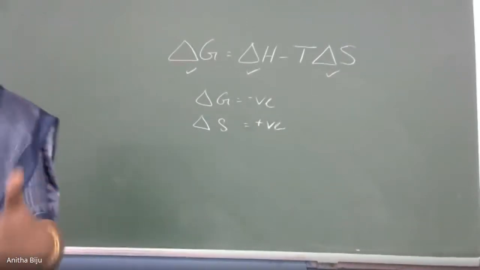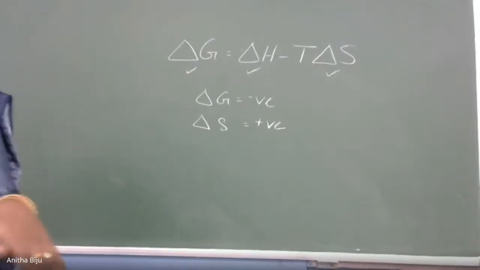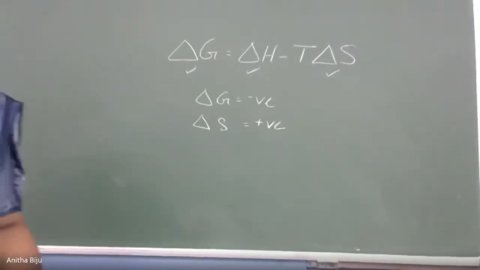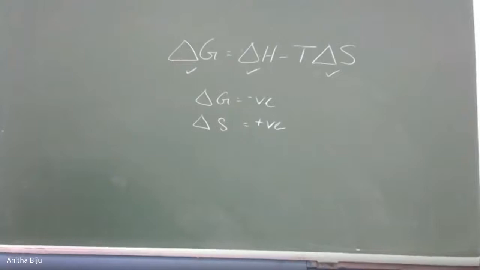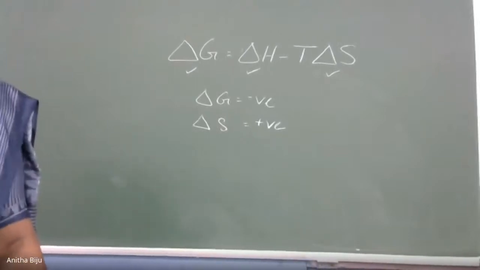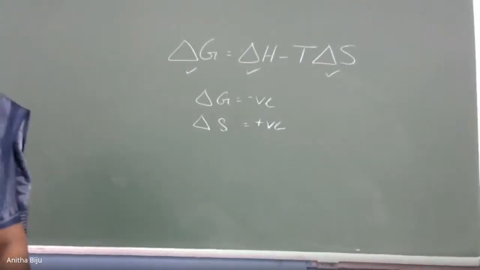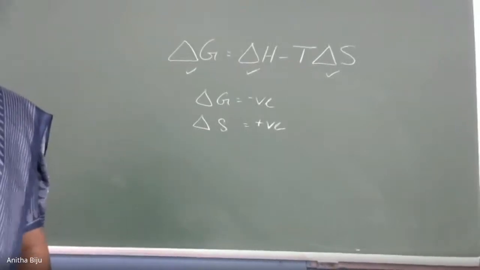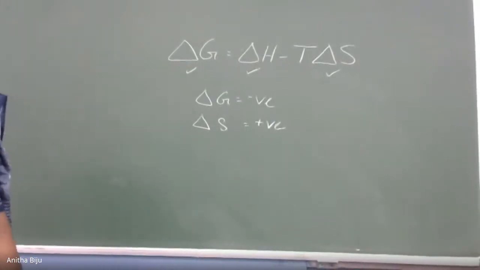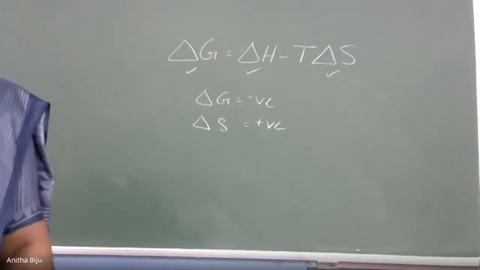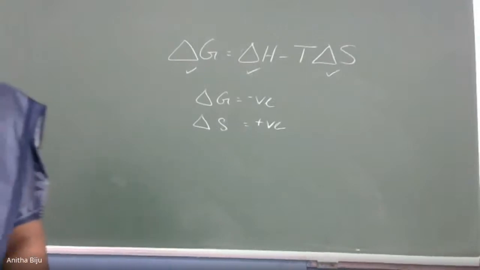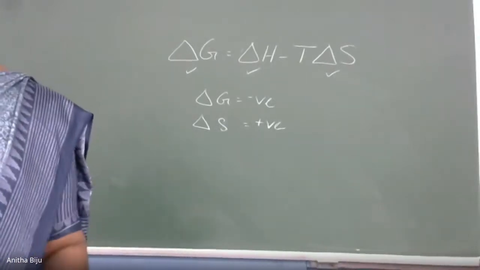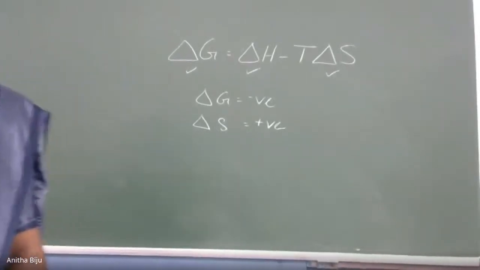And delta H is not included in this particular process because there are some spontaneous reactions where heat is evolved and there are some other reactions where heat is absorbed. That's why delta H is not considered as the sole criterion for spontaneity of the reaction. So this is all about thermodynamics. We can say that thermodynamics is a branch of chemistry which deals with the feasibility of the reaction.